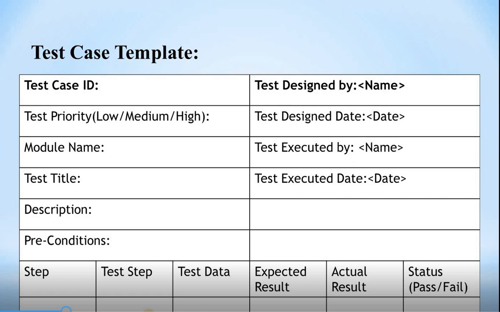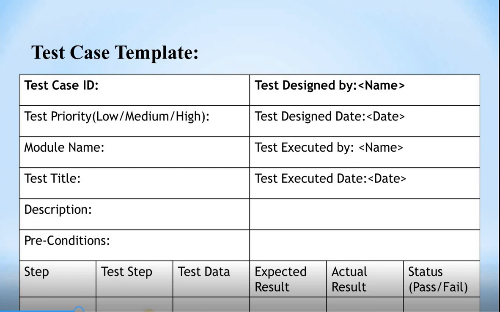Then module name, the name of the module of our project or software. Then the test executed by. Here you should write the name of the person who is responsible for, or who is going to execute, our test cases. Next, test title. This is the test case name.